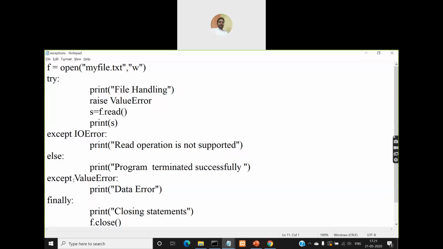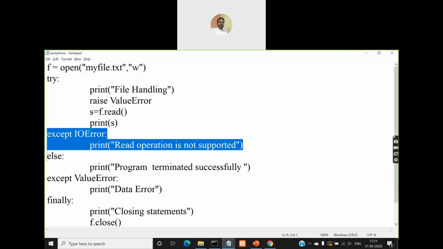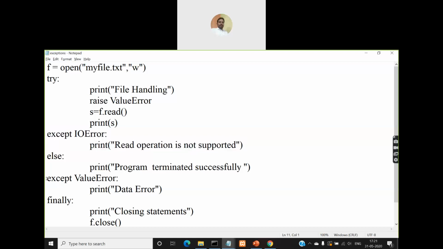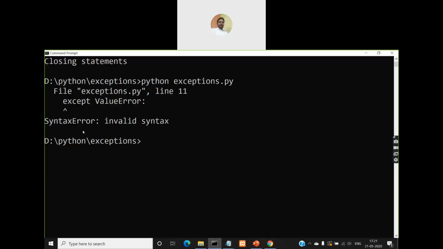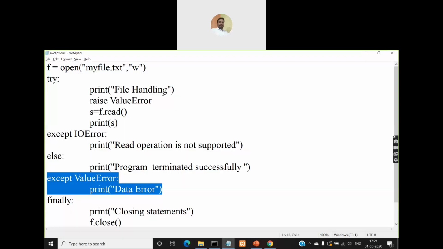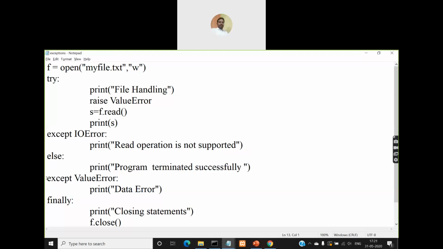So what do you mean by syntax error? After an except block, if there is an else statement, then there cannot be another except block after the else block, right? So where are you getting this error? In the statement except block value error in line number 11. So this is where you're getting the error, right? Because there is an else block here, till here it will accept, but writing an except block after the else block is wrong, so you cannot write it there.